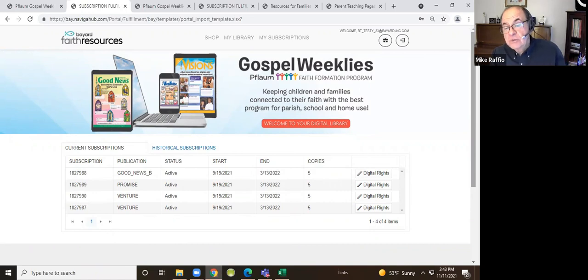Okay. The only people who are registered with that password are you, the DRE, the school principal, whoever has placed the order, the individual teacher or catechist, whoever has placed the order. You're registered as the person who owns those subscriptions. So you're the only person who can administer them. You're the only person who can give the code out, and you're the only person who can upload a class list. So if you'd like to keep it at that password, that's fine.